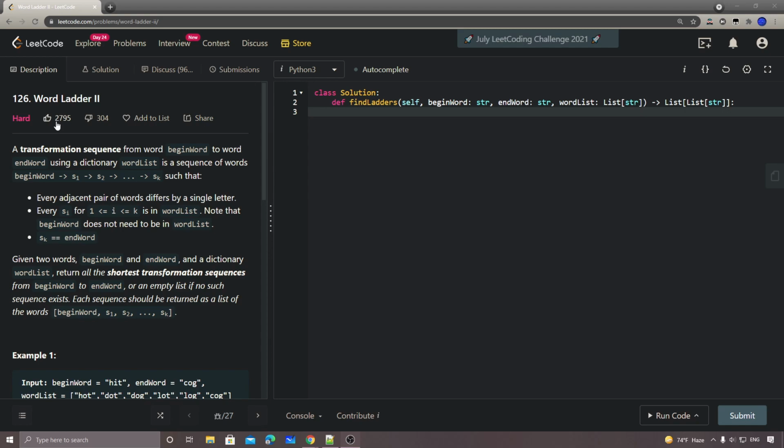So this time, today's daily challenge problem number 126, Word Ladder II. This one is a very classic one. Basically, our task is to transform the word from the beginning word to the end word. And we can only transform by using this word list, where basically only one letter difference